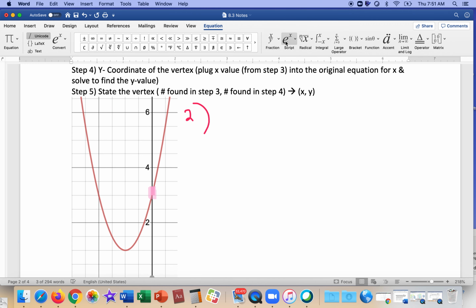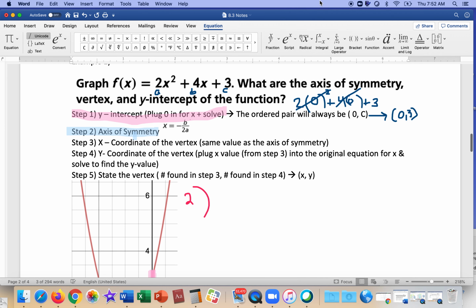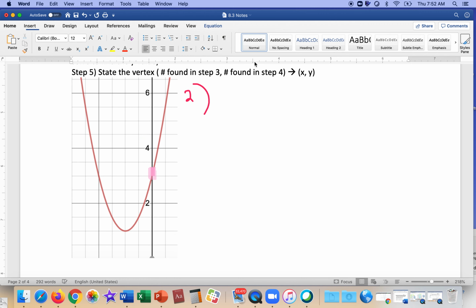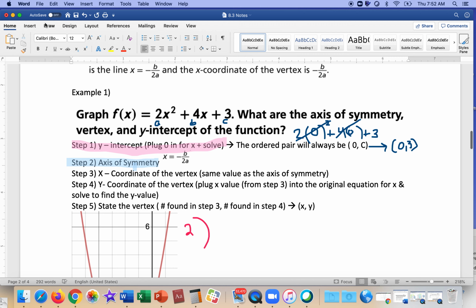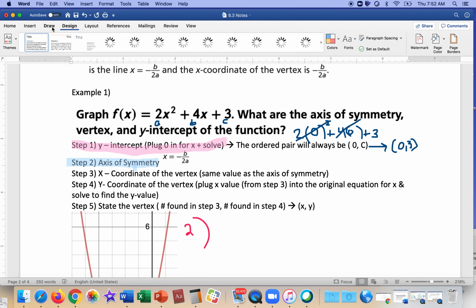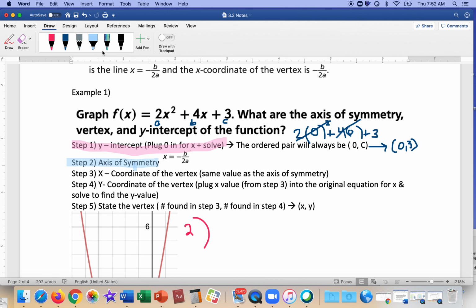Okay, so for this problem, if I have x equals negative b over 2a, it's not really easier. Okay. So let me just go back to what I was doing. I thought it would be a little bit neater. Okay, so we have